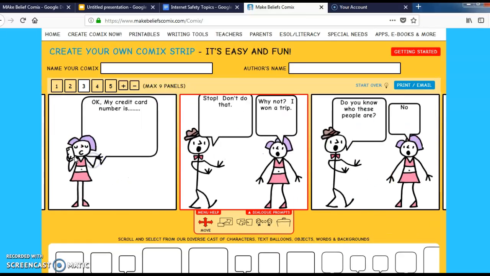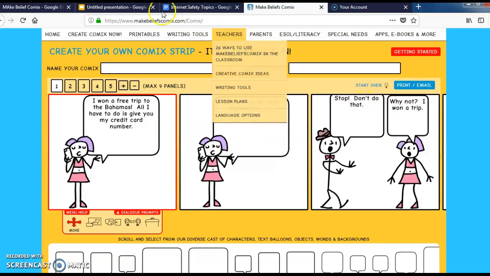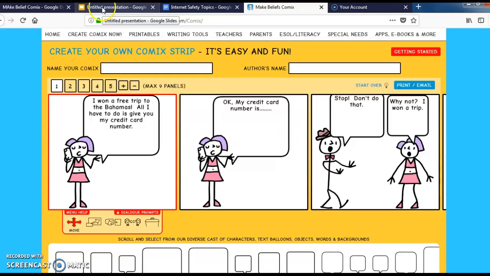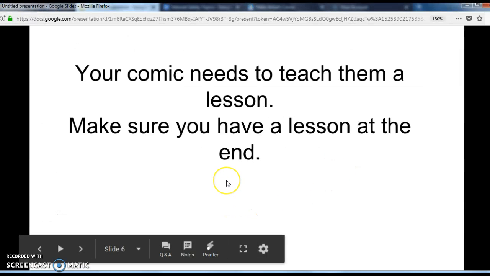All right? Remember, when you're reading a comic, that you're reading this way across your comic. So don't have an answer and then a question. Okay, so make sure that doesn't happen. So your comic reads from left to right. Just keep that in mind. All right, I threw this together rather quickly. I probably would have added some other things. Don't forget you got backgrounds and all those other crazy things. All right, so make sure you have a lesson at the end of your comic strip.